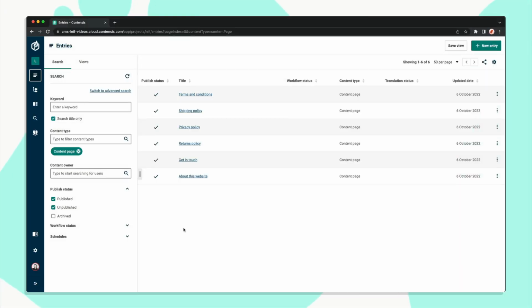If I have a series of entries that I've created that I now want to add to my site view tree, I can do this in bulk to save me having to do it one by one. In this case, I've been creating some content pages that cover things like our shipping policy, privacy policy, and terms